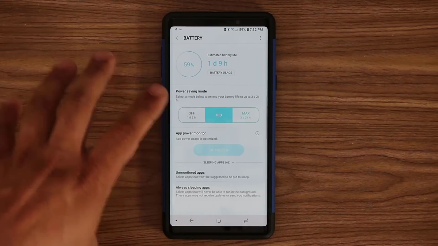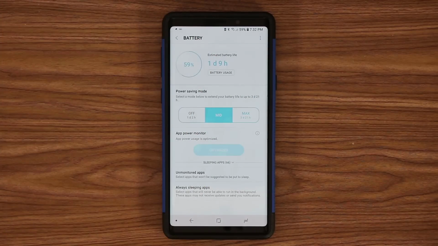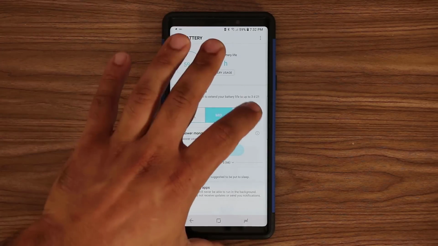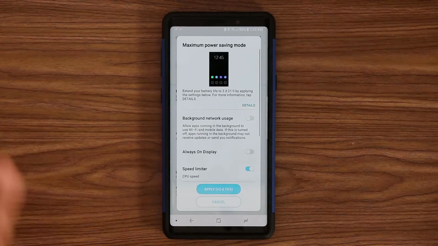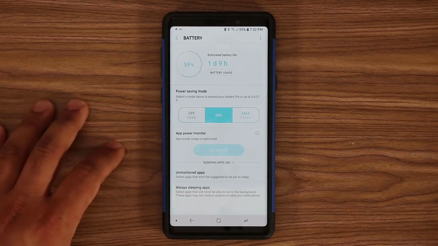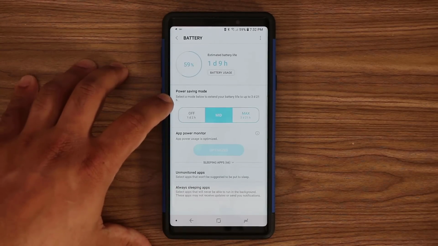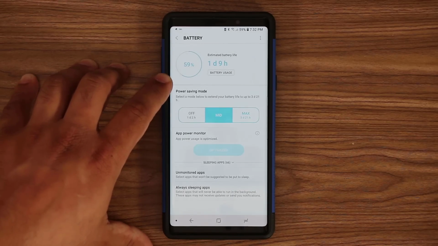But that's basically it. So you've got the maximum savings mode. When you're stranded, you have access to nothing, but you have to maximize your battery life as much as possible. Then you go with this guy, okay? No playing games, no watching videos. If you just want to increase the battery life, maybe you have 50% left and you're scared it's not going to last you